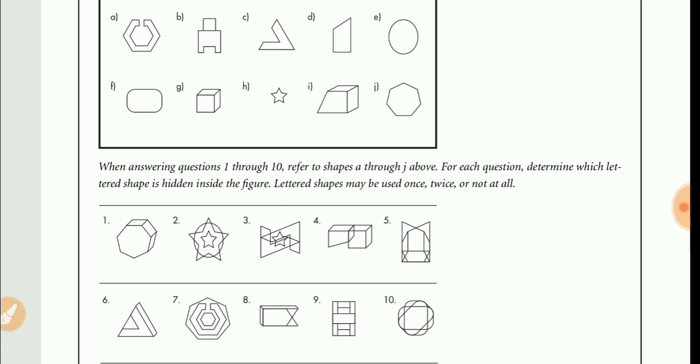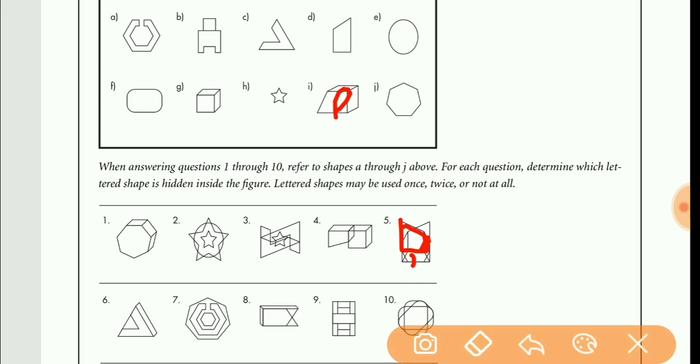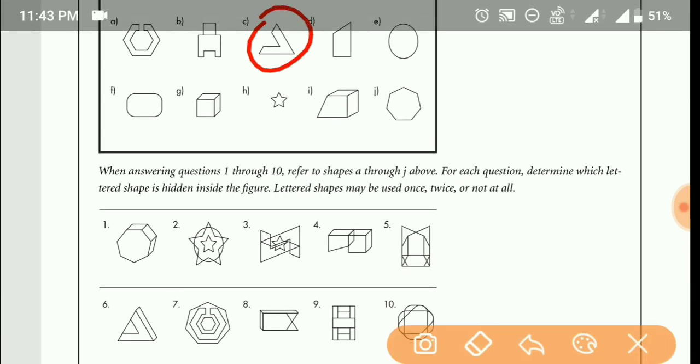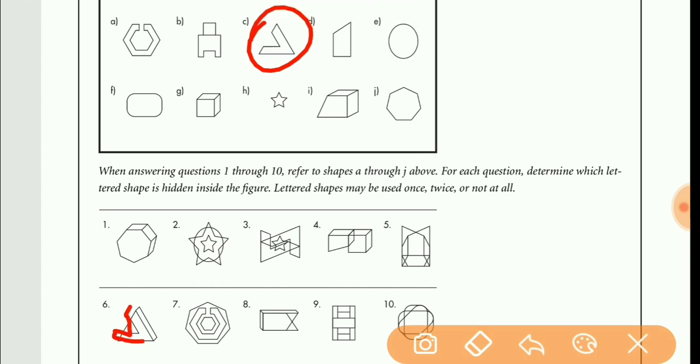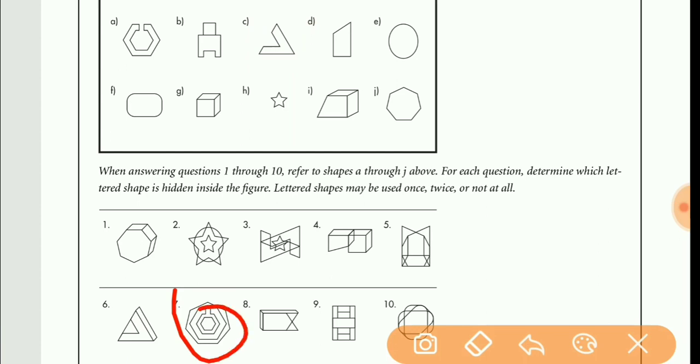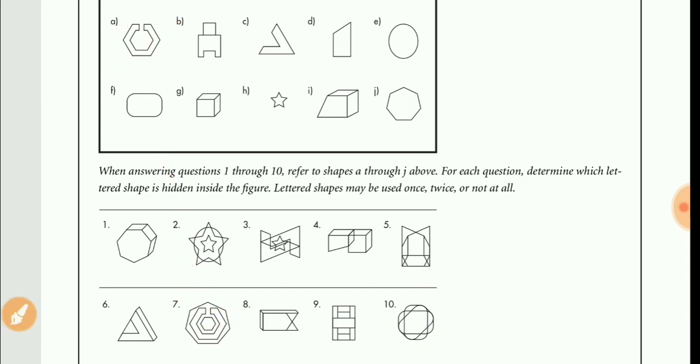Okay. In this figure you can simply check. That means the figure I is embedded in this figure. Now check the 6th figure. In this figure we can say the symbol this is in this figure. Okay, now check the 7th figure, and we can say that this figure is embedded in this figure by seeing it. Now we solve problem 8.